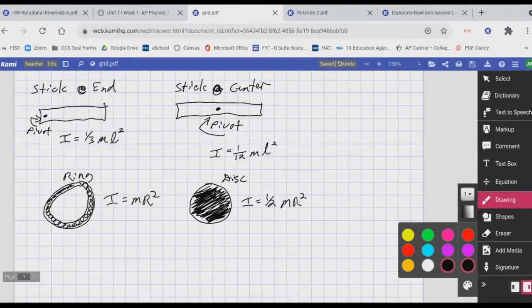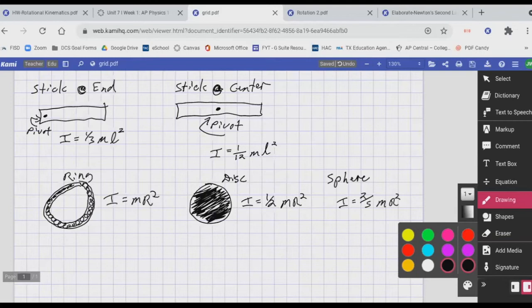The very last one, I can't draw a 3-dimensional circular shape. I'm just not that good. So I'll just give it the name sphere. And for a sphere, now the mass is distributed even better around the center of rotation because it can come all the way in 3 dimensions instead of just out to the sides. And we've got I is equal to 2/5